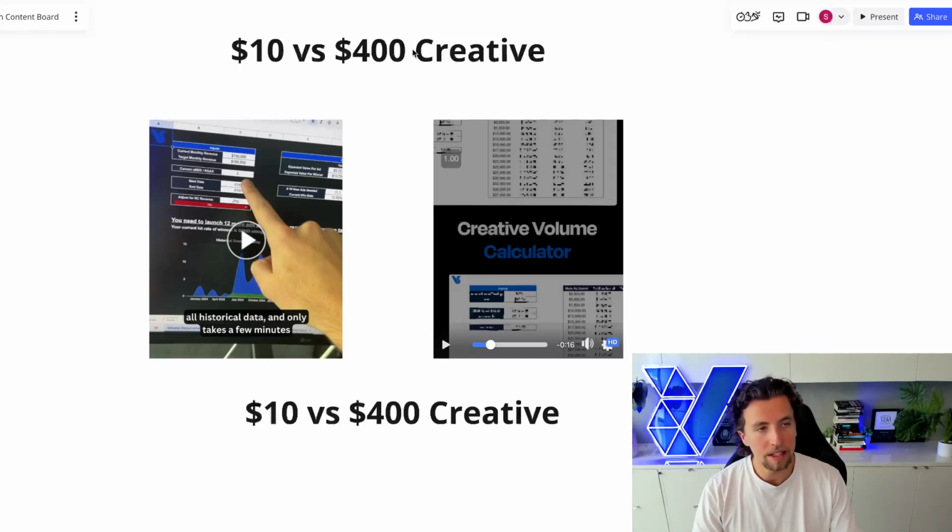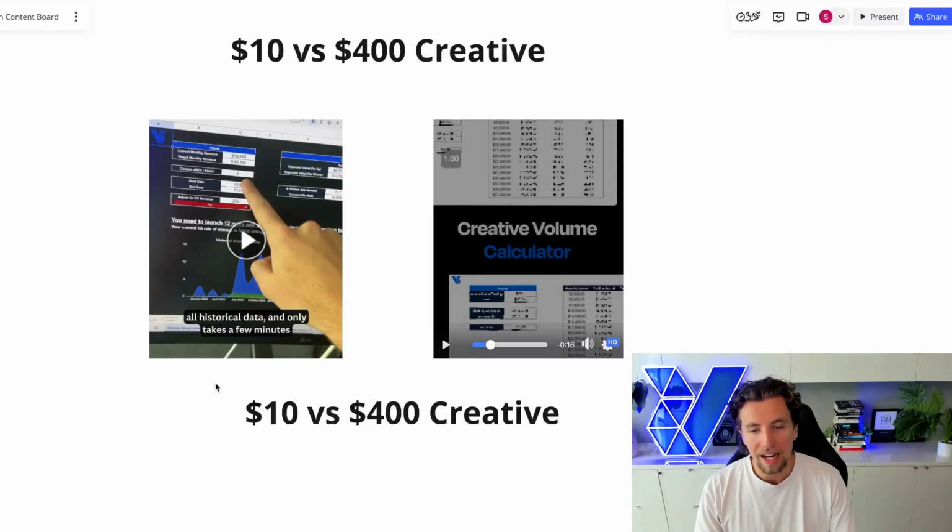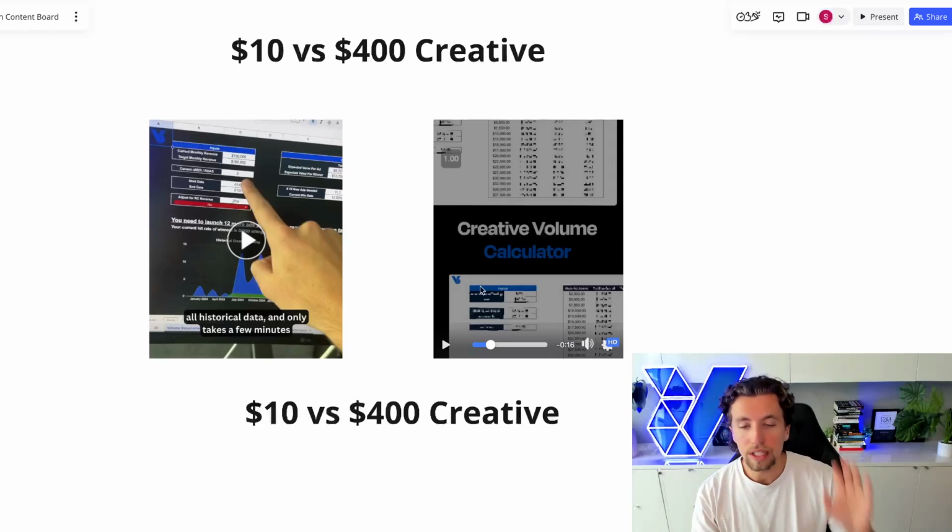Now, does that mean that there should be no introduction of high value creative within an account? No. The nice thing about having diversity within creative sets is that almost every user is going to see multiple ads, and so they're going to get multiple different impressions of your brand and the ability for you to deliver quality. And an example of this within the context of these particular ads is that you might see this ad on the left, and then you're reinforced with the ad on the right, which is higher quality